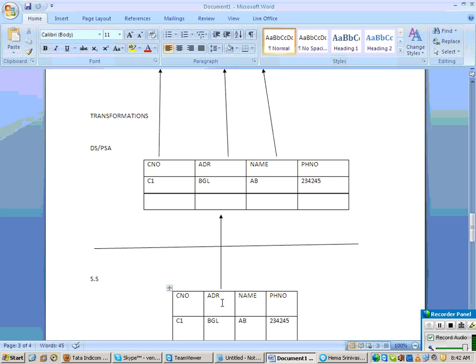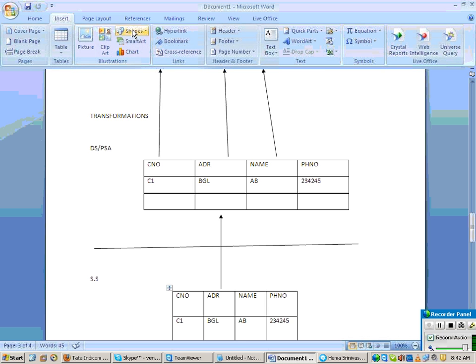Let us say I want to extract data from a file. Which file do I want to load? Where do I specify that file name? In the info package. Or let us say I need to give some conditions. Let us say I have data from C1 to C100, but while loading I want to load only C1 to C10. Where do I give the condition? In the info package. And do I need to load it every day, every hour, or every week? All this scheduling, where do you do it? In the info package.